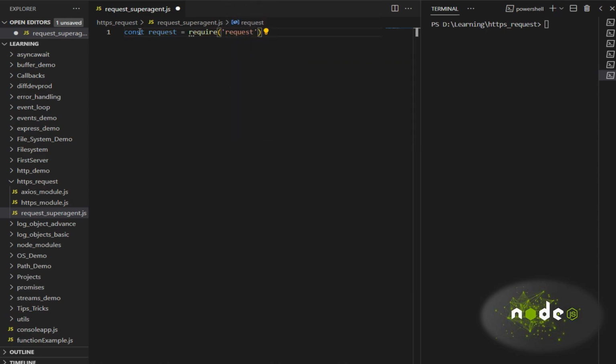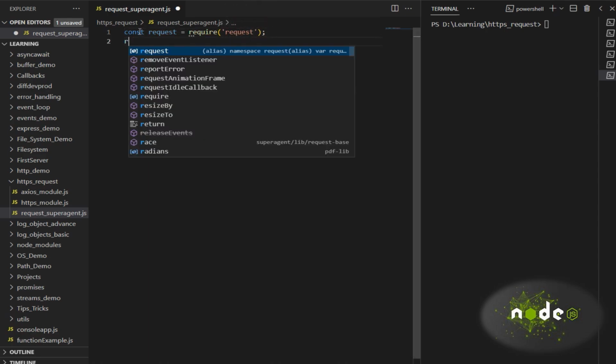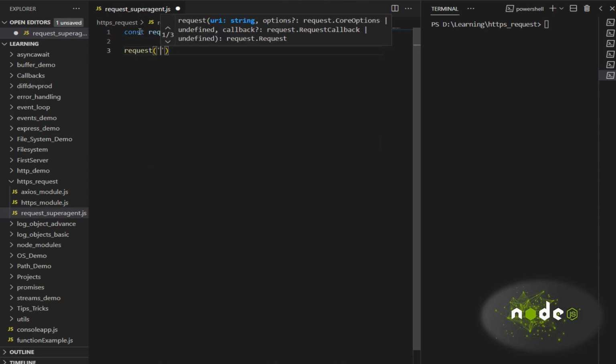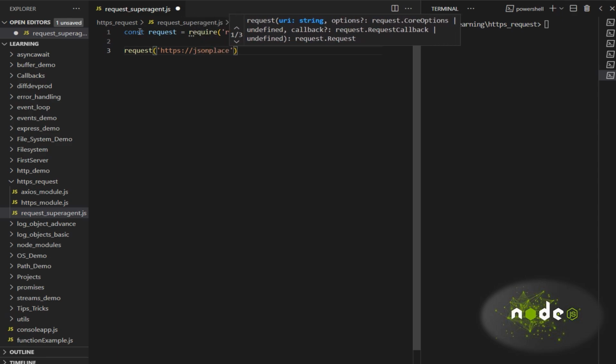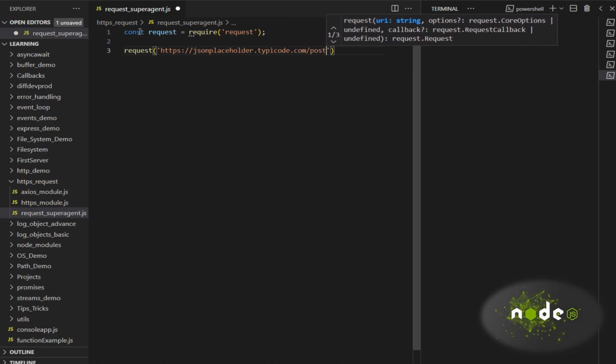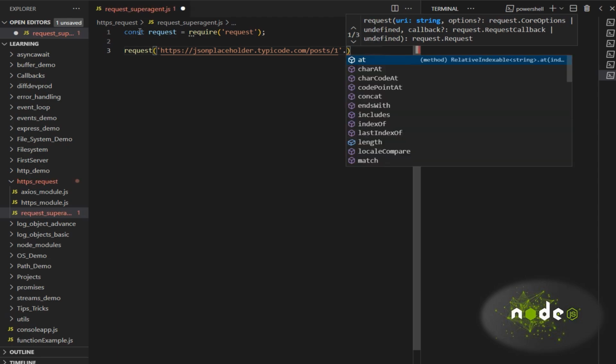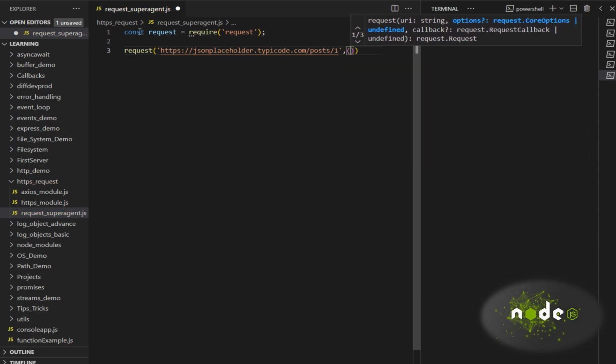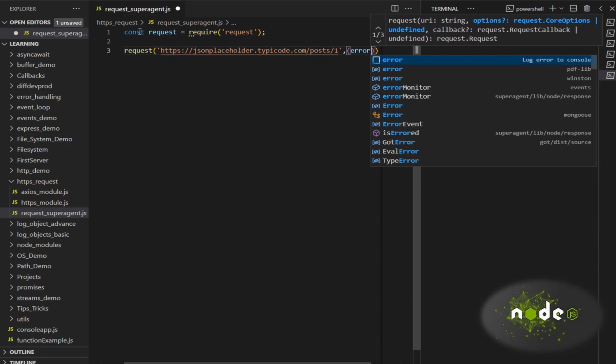Okay, and let's call the API. Request of HTTPS. This is going to be the same API which we have used in the previous session. That is the sample API which is publicly available. Error,